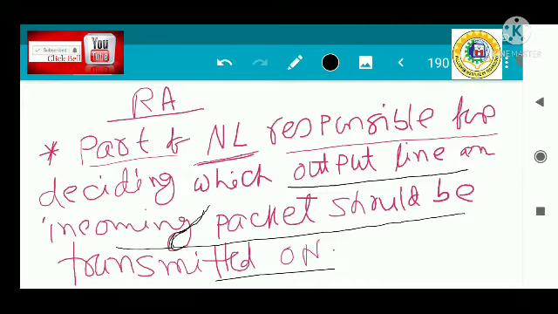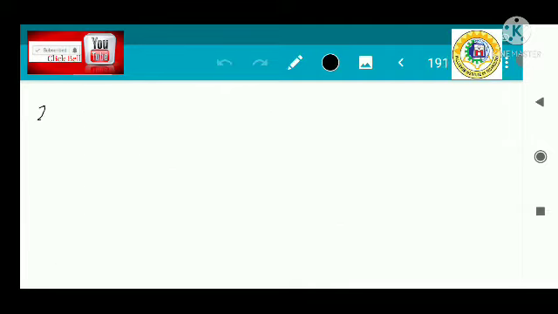It updates the routing table according to that, and the router consults the routing table and then sends the data. So this is the first point about the routing algorithm. Now the second point